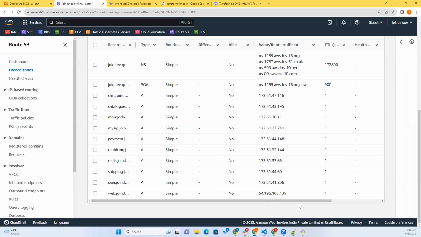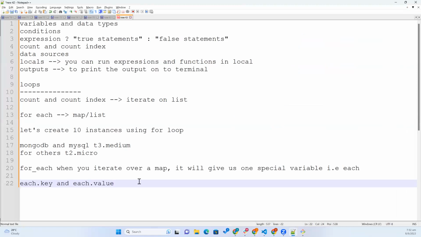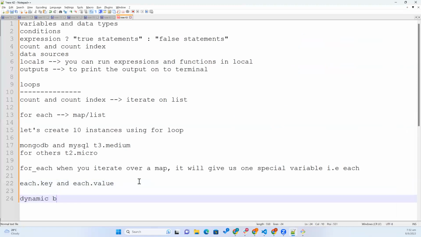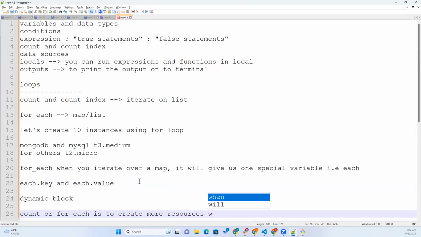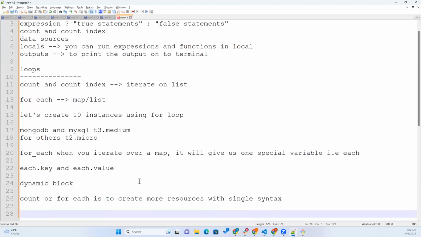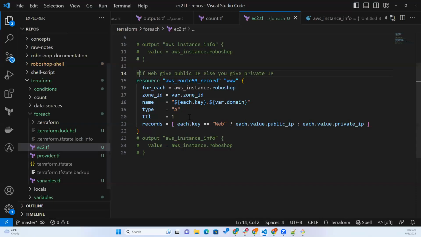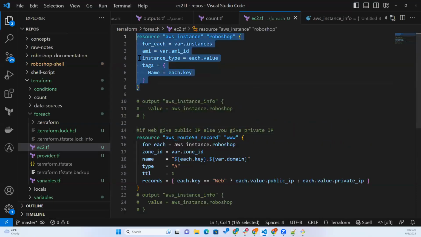So now we have one more loop, that is dynamic block. Till now, count and for_each are to create more resources with a single syntax, right? This is the purpose why we are using loops. Instead of creating 10 EC2 instances like this, we are just using one resource definition to create 10 based on the loop. Similarly, inside the configuration,